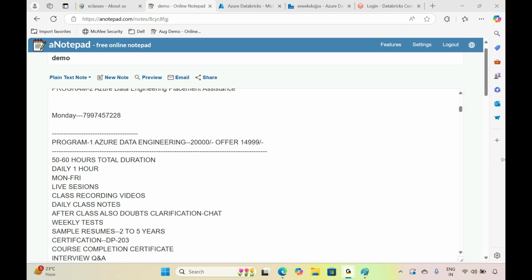You can sit in our office, and there are mentors, there are some other students. Many students will come, mostly data engineers. They are practicing from morning to evening. You can come for practicing purposes from morning to evening over there. Okay. So in this Azure Data Engineering course, we are going to teach from basic Python to PySpark, advanced level.